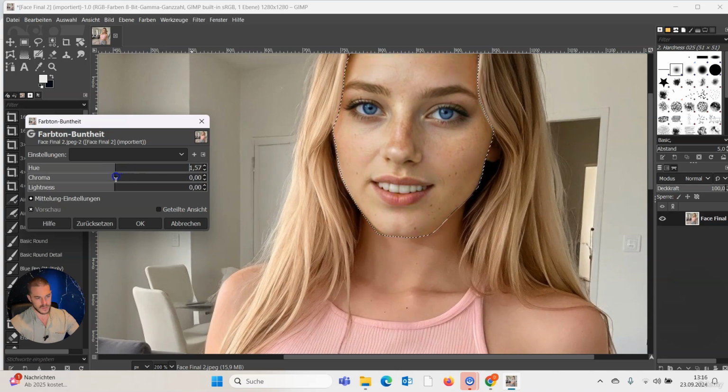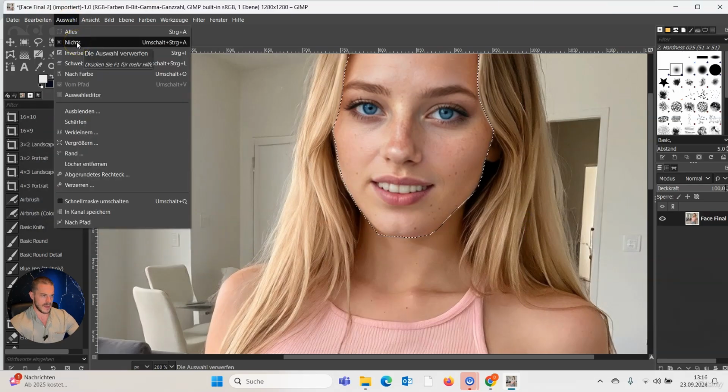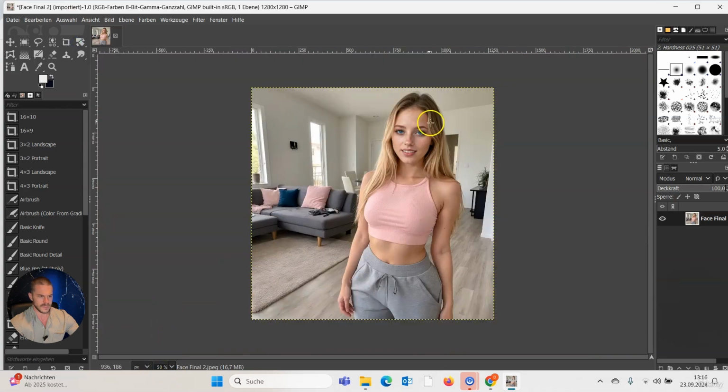But what I want to do is I just want to move it a little bit to the left so it gets a little bit more red and pink. And I think like this, it matches perfect the rest of the body. You can also compare that. Before it looked quite green in my opinion, and now it looks a little bit more pink and better suited. So we click OK, then we uncheck that we don't select anything, and if we zoom out now, I think